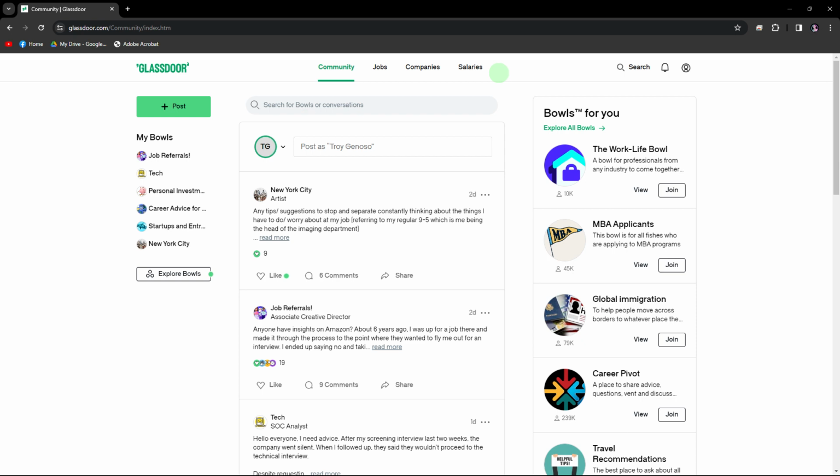Now that your account is open, you can explore job listings, company reviews, salaries, and other features offered by Glassdoor. If you want to install the Glassdoor app,